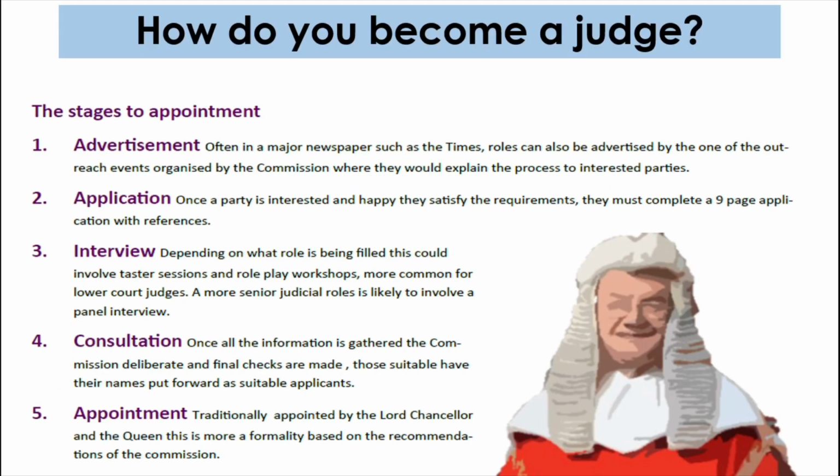How do you become a judge? These are the stages of appointment in the UK. Number 1, there is an advertisement. This often exists in major newspapers such as The Times. Roles can also be advertised by one of the outreach events organised by the Commission, where they would explain the process to interested parties. In summary, there's 2 ways that the job can be advertised: on major newspapers such as The Times, or during outreach events organised by the Commission, where they explain the process to those interested in the